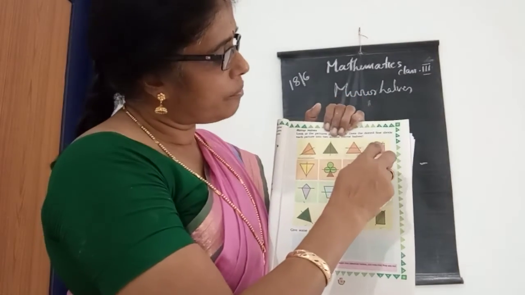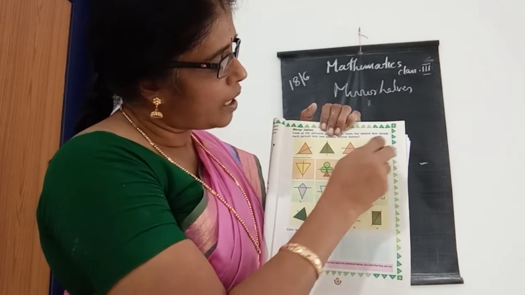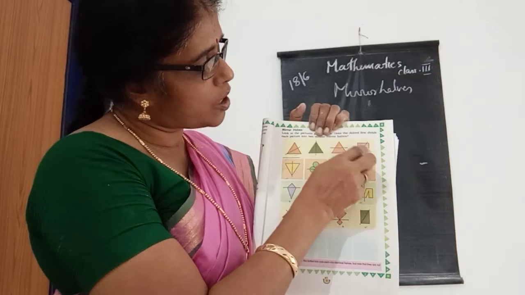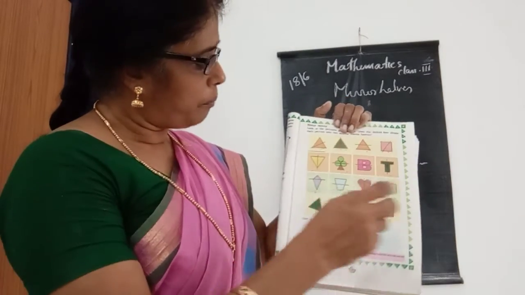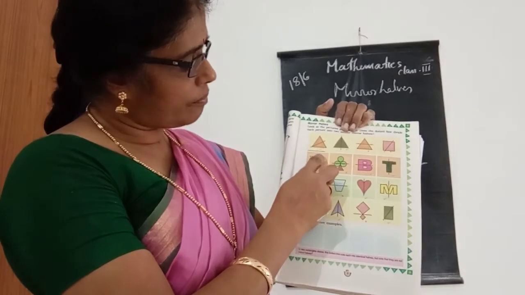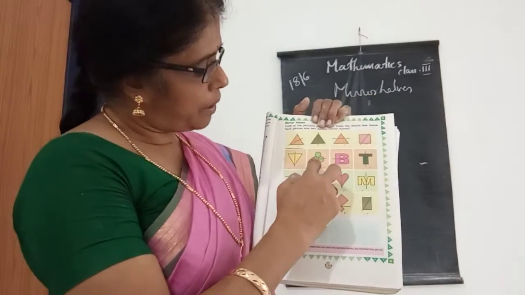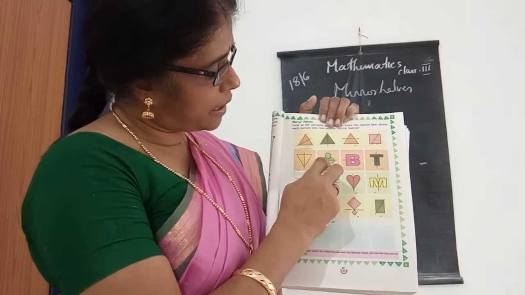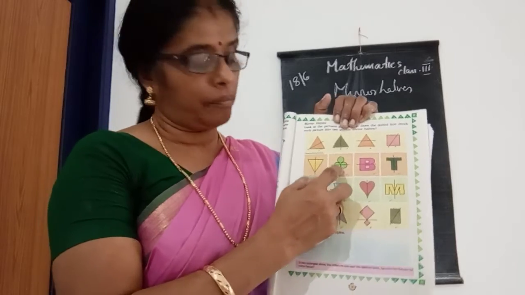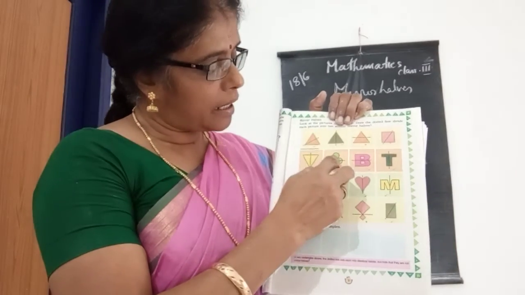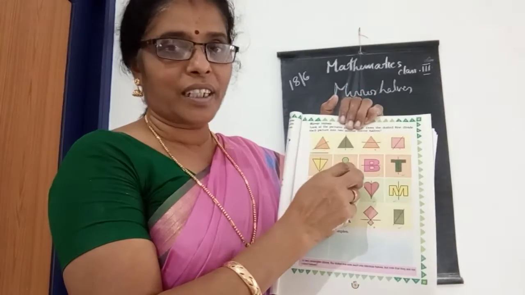And look here, this side appears there, and here also, and this one is not a mirror because these two sides are not equal. And this one, at a glance you can say this one is a mirror, isn't it? But here look, three circles, and under that you can see one triangle. Three circles here and under that one triangle, so you can say that is not a mirror, isn't it?